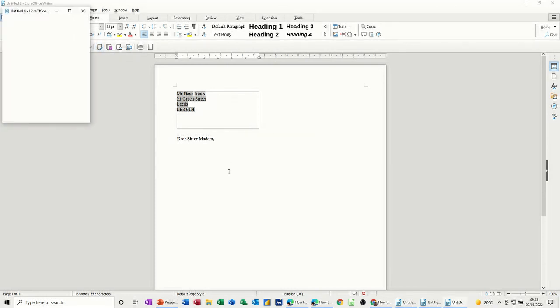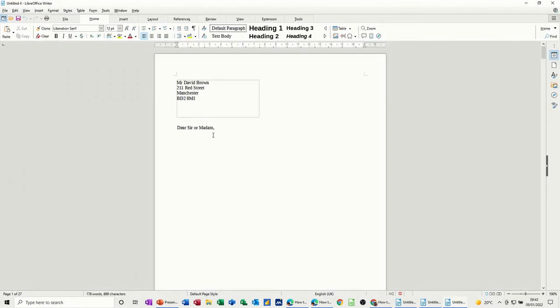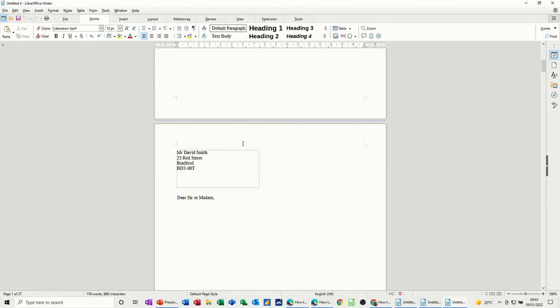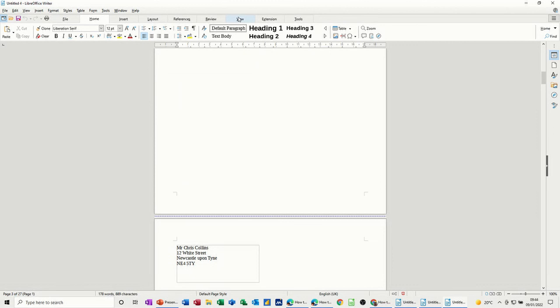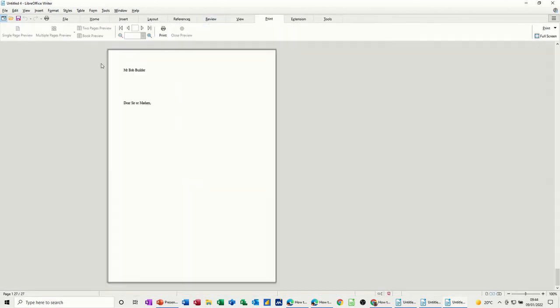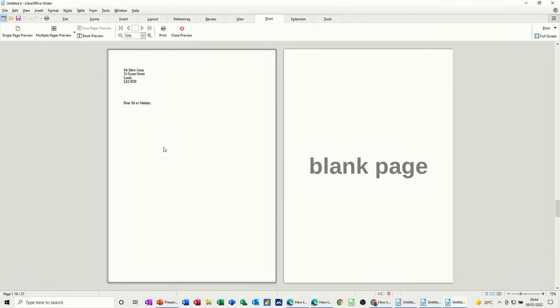that everything is okay, which it looks okay, and then you can do the merge. So it's creating records there. Have a look, and you get a document per person. And again, if you go View, Print Preview, Mr. Bob Builder, okay, you can just scroll through. The last person in this database is just a name. There's all the information, dear sir, madam, and again, like I said, this is the end product,